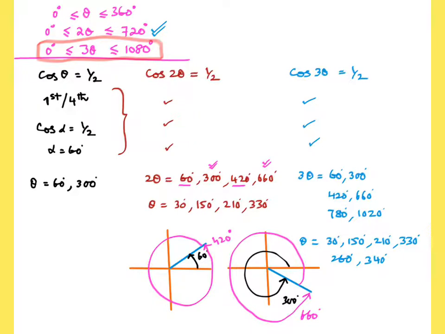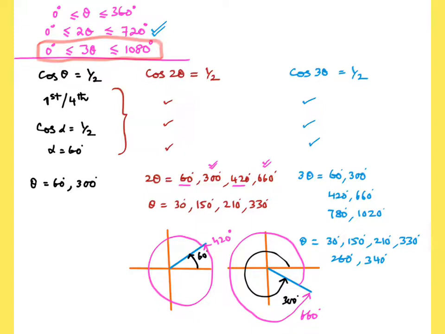There are 3 examples: the black example, the rust color and the blue color. Now, what is the observation over here? This I am preparing you for the second part. If the coefficient increases, the number of answers increases, but each answer is divided by that coefficient. Listen to it again. In the first question, cos theta is half, there were 2 answers. When I was talking about 2 revolutions, I am getting 4 answers. 3 theta, 3 revolutions, I am getting 6 answers. Of course, there are exceptions if the answers are at the end points. We will deal with that in some other question.